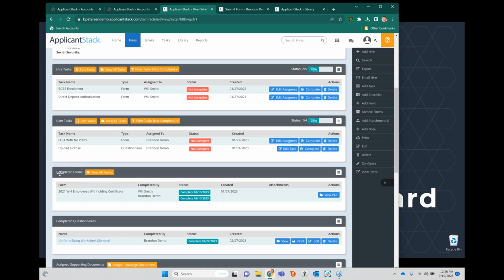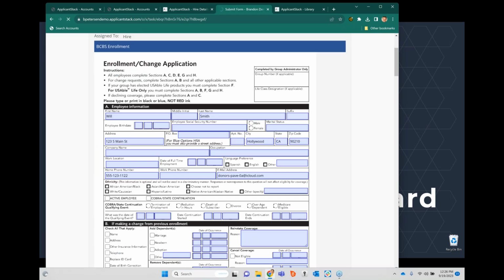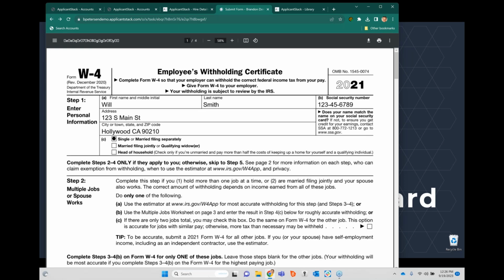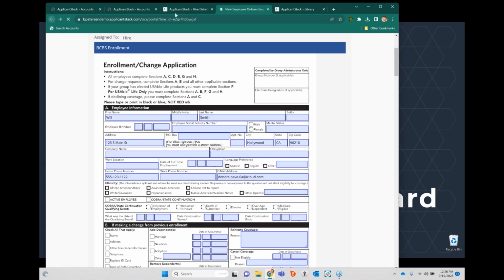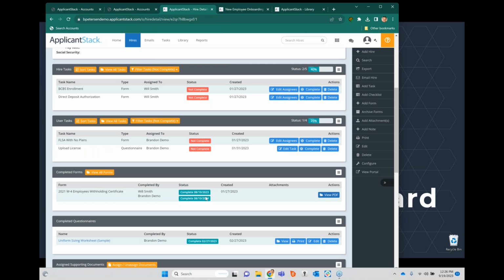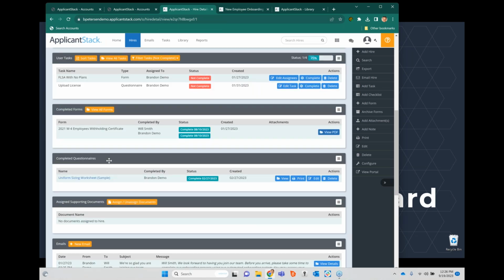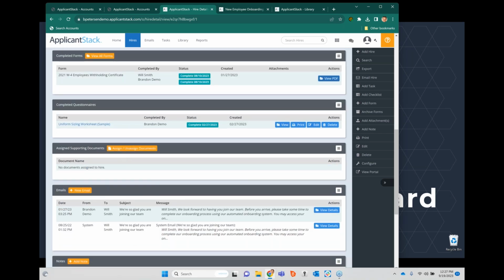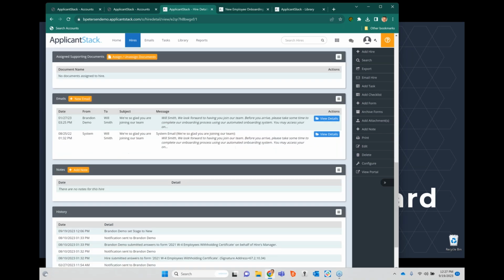Next, we have completed forms. So when both parties have completed everything that needs to be done, we will see here those completed forms, and we see when they were done and by whom. If we want to view that form, we can click on the View PDF and see that form completed. We also have a section for completed questionnaires, assigned supporting documents, and then down here at the bottom, we have a great